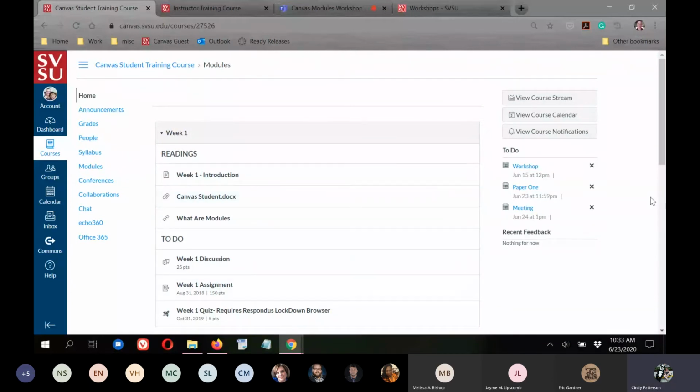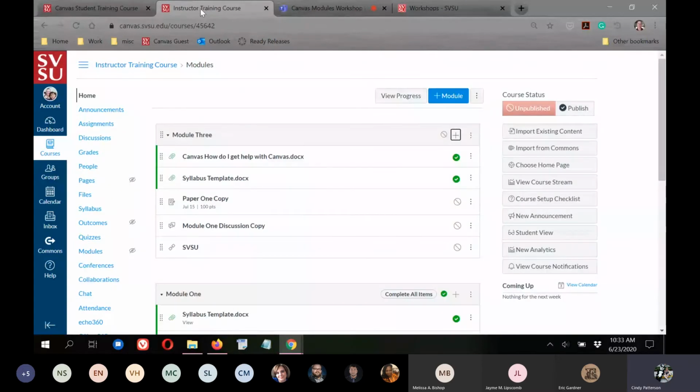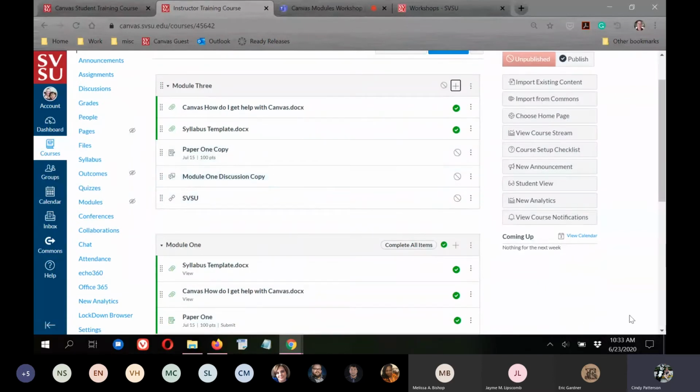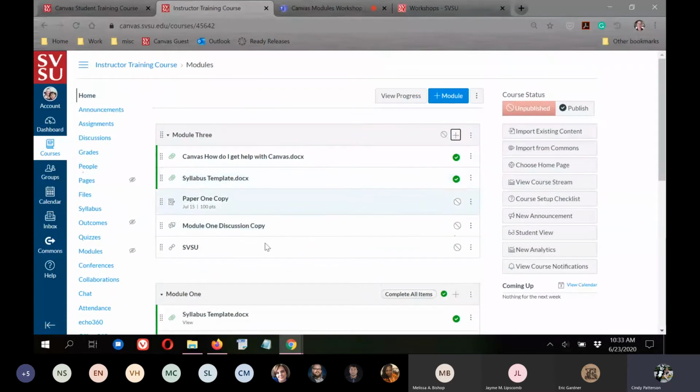The one good use of the, what is it called, the student view, is to double check on things. So if I have students contact me saying, I can't access paper 1, I can't access paper 1, you go in and say, okay, everything looks fine to me. Go into student view and you'll be able to tell,